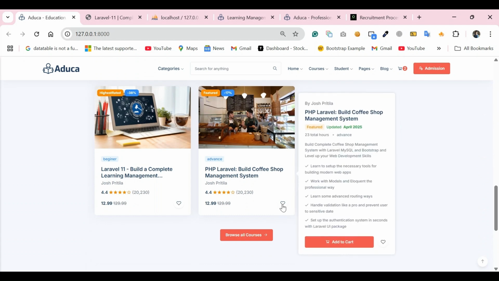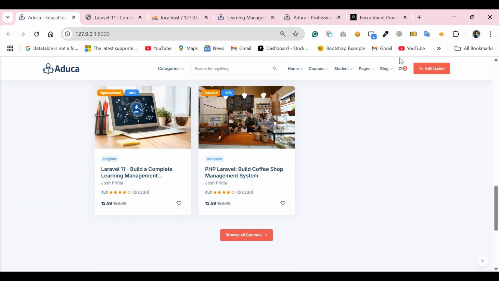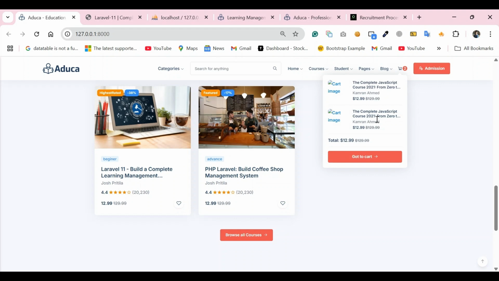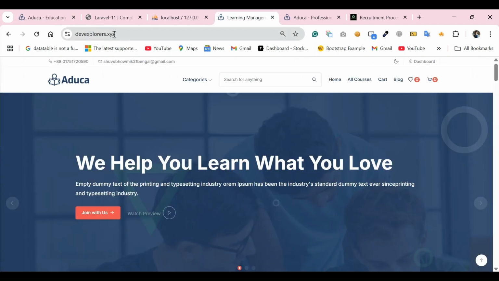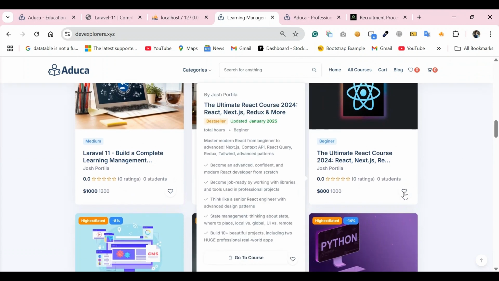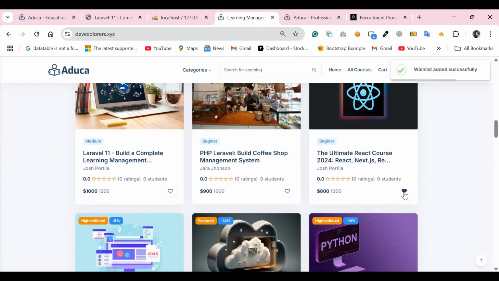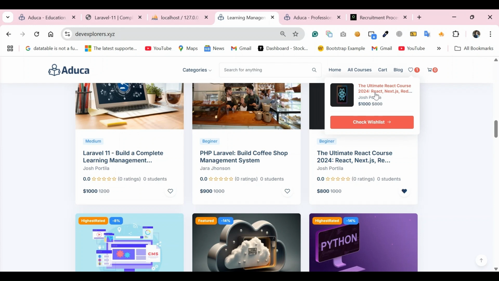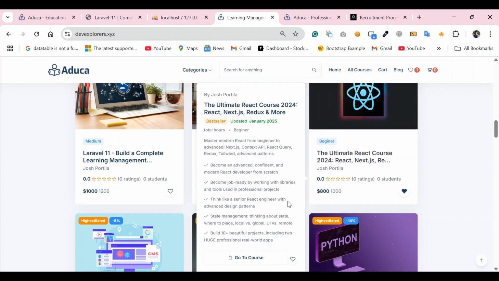When a user clicks add to wishlist, the wishlist data is stored in here, similar to this. Go to our live URL, and here you see this is a wishlist, right? So when I click add to wishlist, look at that, "Wishlist added successfully" is a beautiful alert notification that comes in here, and here the wishlist course has been added. Okay, and once again